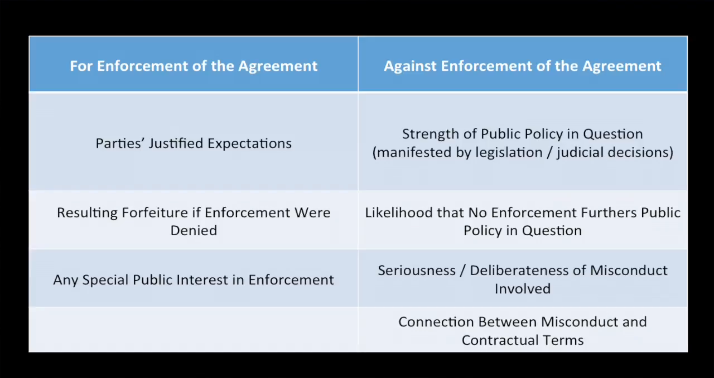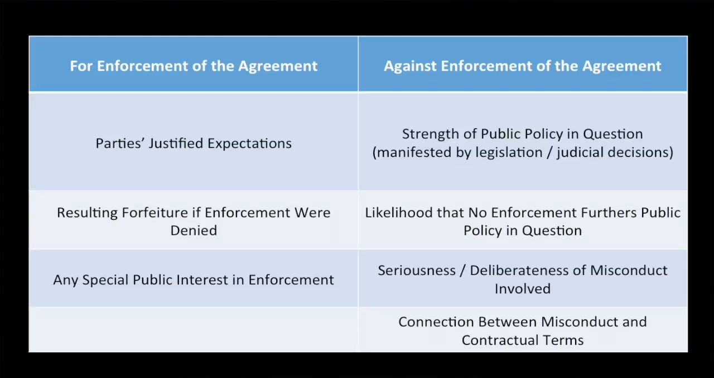Subsection 2 offers factors in the interest of enforcing an agreement's terms, which include the parties' justified expectations, any forfeiture that would result if the enforcement were denied, and any specific public interest in enforcement. Subsection 3 lists factors weighing against enforcement, which include the strength of the public policy in question as manifested by